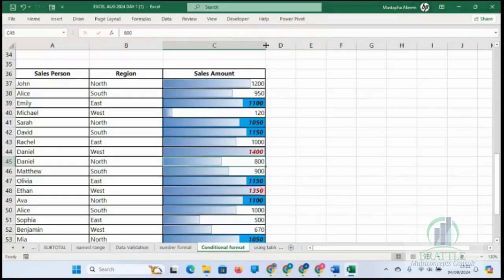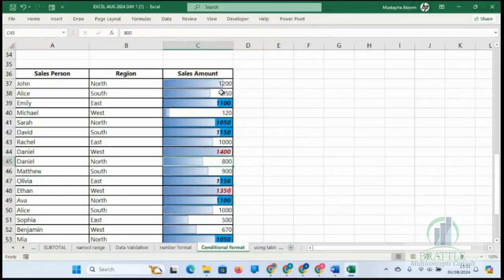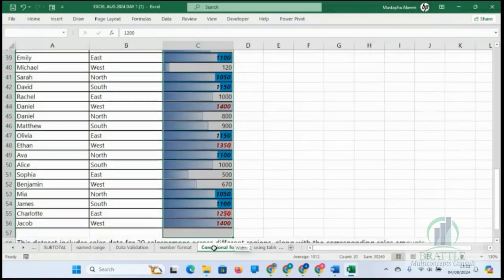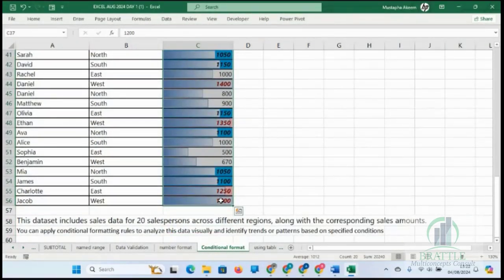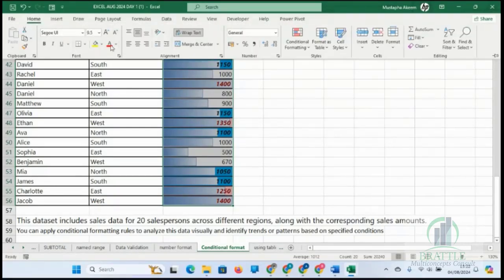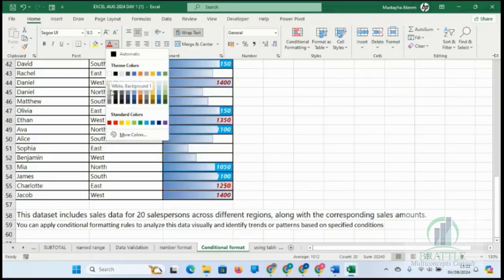We use this sometimes when you want to show some analysis in this format. You want to know who is having the highest score or the lowest score.